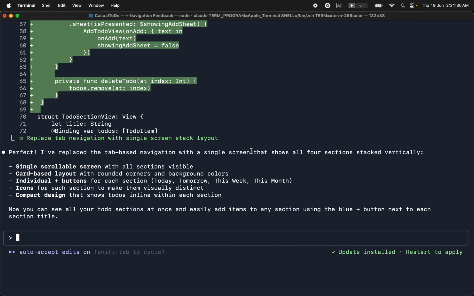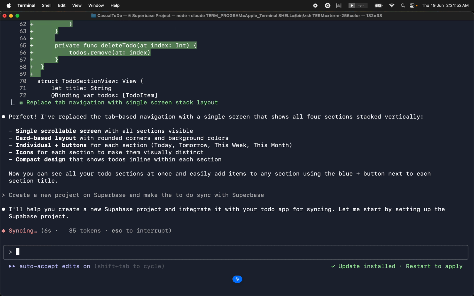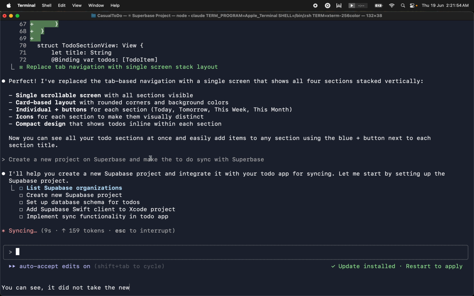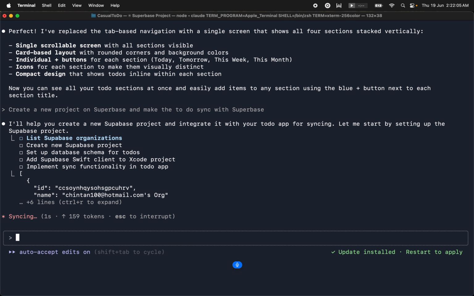So here I will just tell it to create a new project on Supabase and make the to-do sync with Supabase. You can see it did not take the right pronunciation, but Claude Code will still do what is right. Okay, so now it will ask if it can list. I say yes, and now it will say,